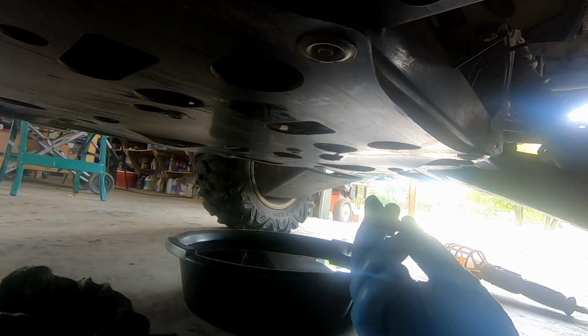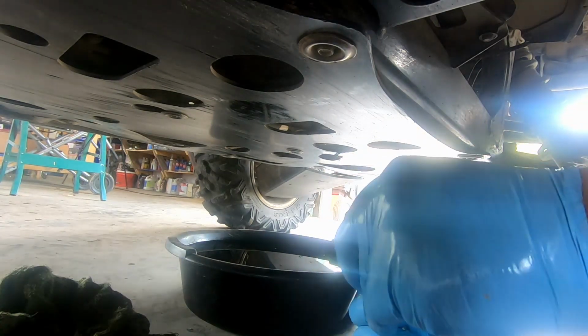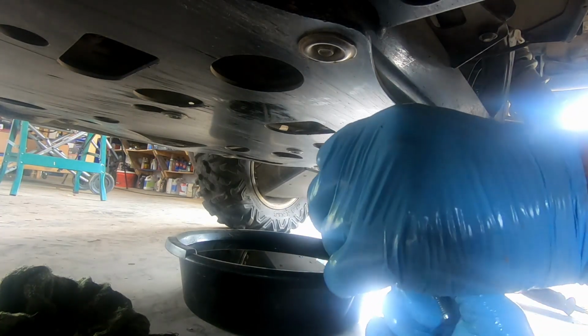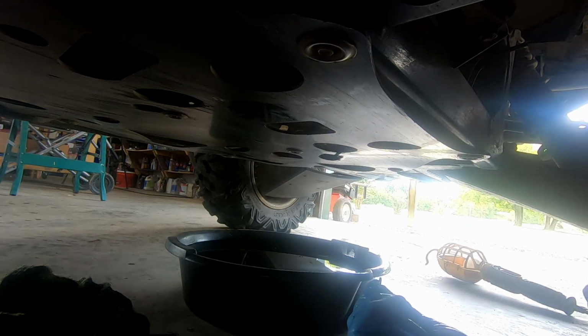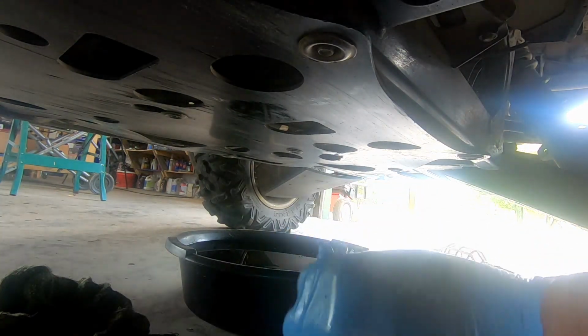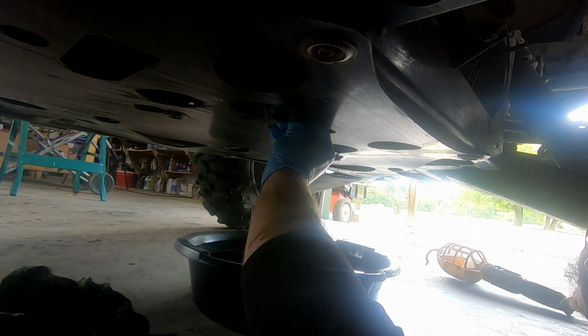Okay, that's pretty much done. So now we're gonna get our new crush washers and put them back on. Our two screws. One. I'm gonna go ahead and reinstall